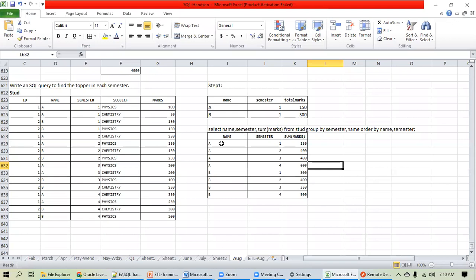In the first step, what I've done is I found the name and semester wise total marks. SQL is just logic. First of all, when you are writing a SQL query for any question, forget about SQL. Think about how you would do it manually, and then translate that manual logic into SQL logic. In step 1, we decided that first we have to find the total marks based on